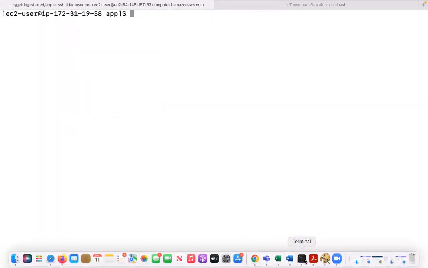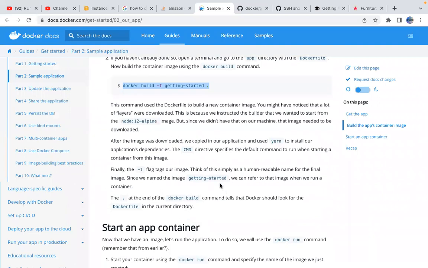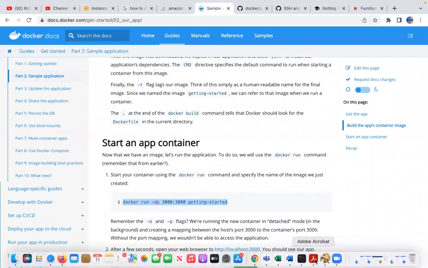Let's go ahead and run our first container and see what happens. Should I change anything from here? Yes, the image, example image. Exactly.